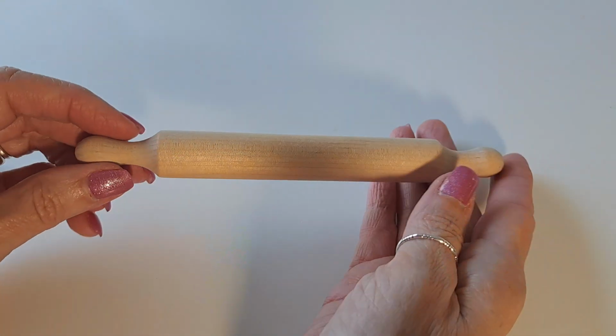And then I've gotten some of those rollers to mash down your diamonds, when they're kind of lifting, or if you haven't pushed them down hard enough. And it doesn't seem like the silicone ones really do a good job. So I wanted to try a wooden roller. And so I got this little mini one, and it's like